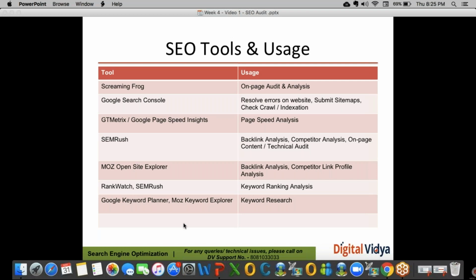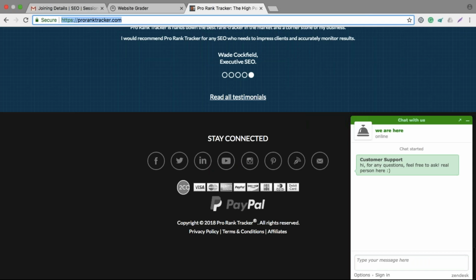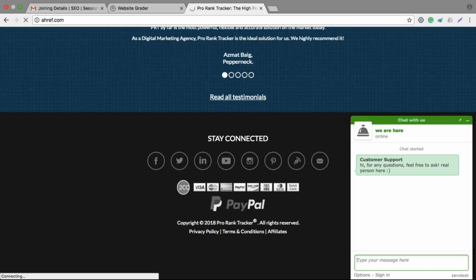For me, Screaming Frog, Search Console, Moz, Pro Rank Tracker, Google Keyword Planner, and Google PageSpeed are the tools which we use quite often. Another tool is a backlink checker, but it's very expensive. We also use that. We have a paid subscription to that particular tool, called Ahrefs. I would also like to recommend that tool to everyone.